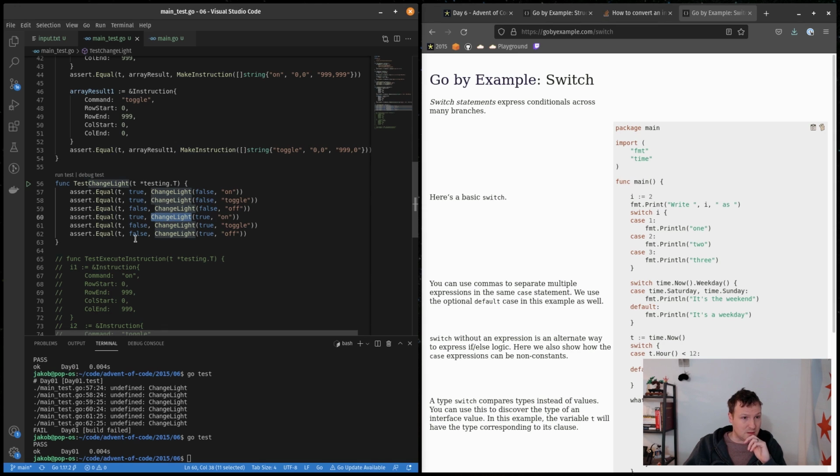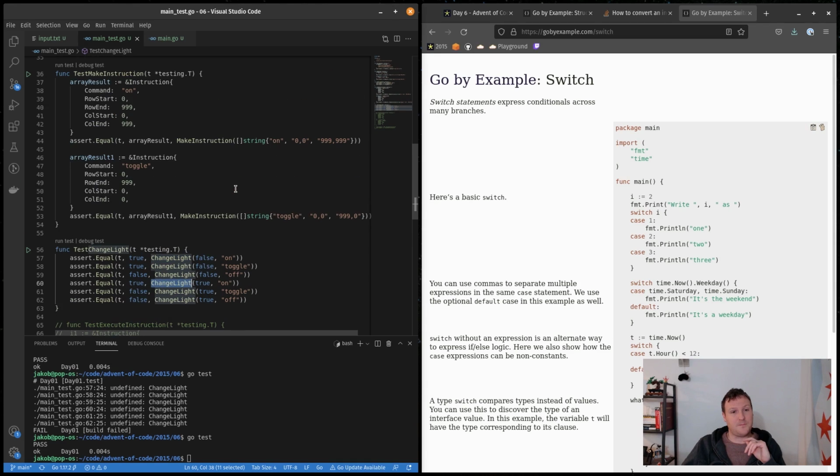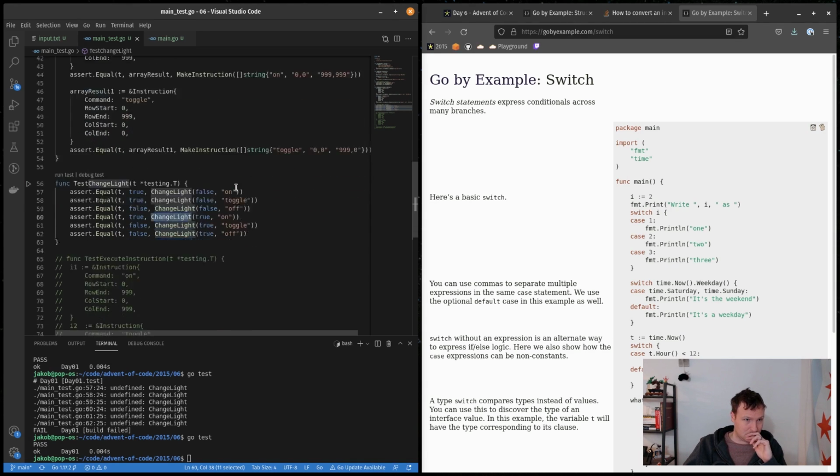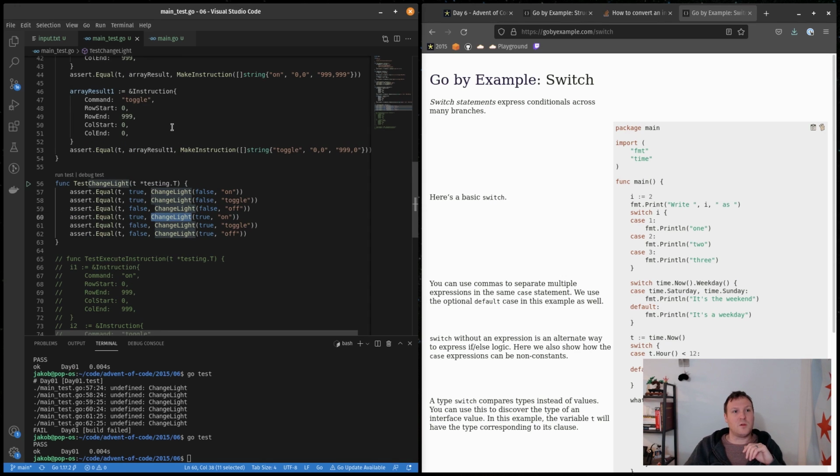All right, so I wonder if we're just ready for doing that stuff, because what I'm planning on doing is, okay, so for each line we're going to execute it, right? It's going to get the instruction, and then we're going to